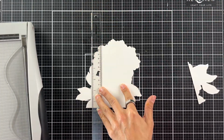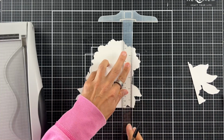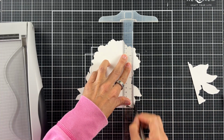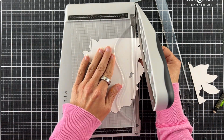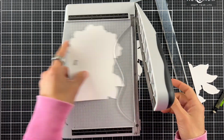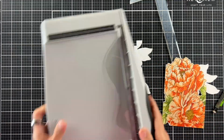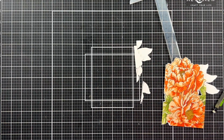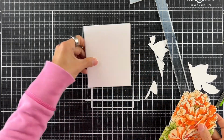I thought I had a good idea in my head where I was like, okay, I'm going to use that outline on the work mat and I'm going to draw lines on the back of the image, and then I'm going to simply trim these down, and then that's going to fit perfectly on the card. And yes, the idea was sound. However, my execution clearly was faulty because